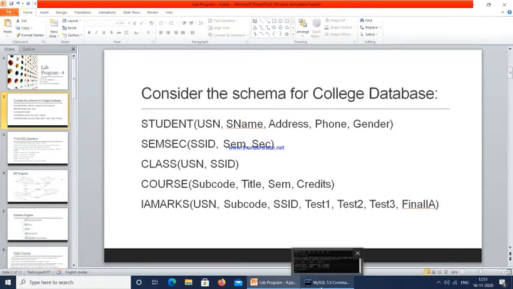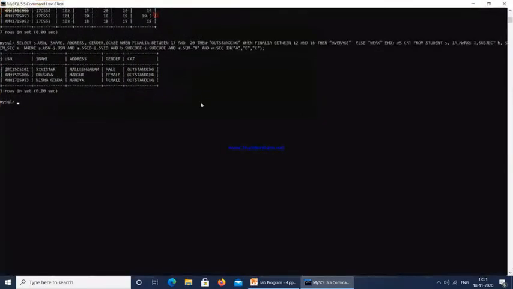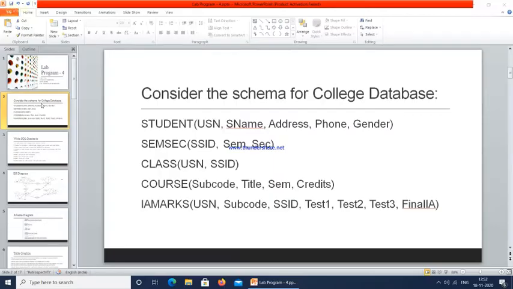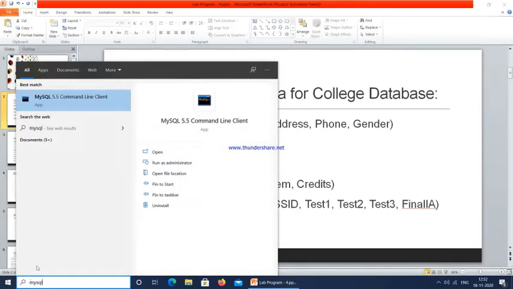First we are going to create a college database, so we are using create database. Let us start from the beginning. I will go to the MySQL command client.